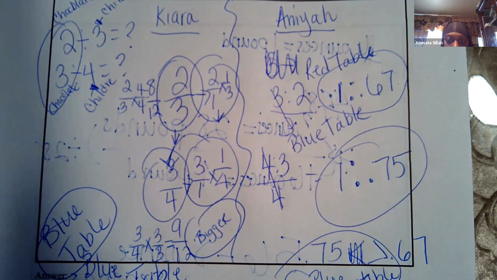Joseph. I think the connection between both of their strategies is that they found the unit ratio. For example, Anaya did like 1 to... They both found the unit ratio, and like for Anaya, she put